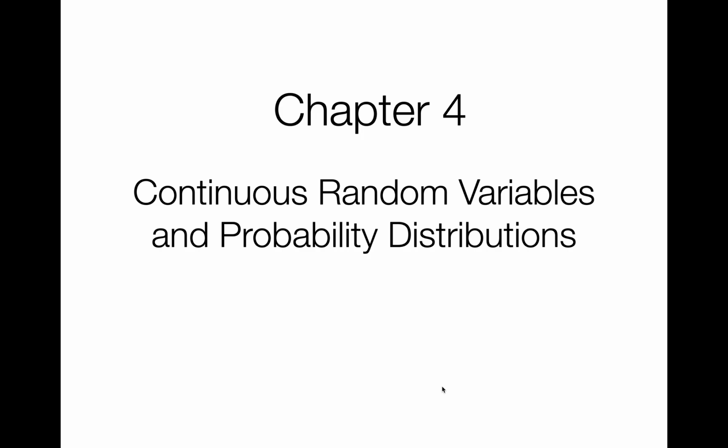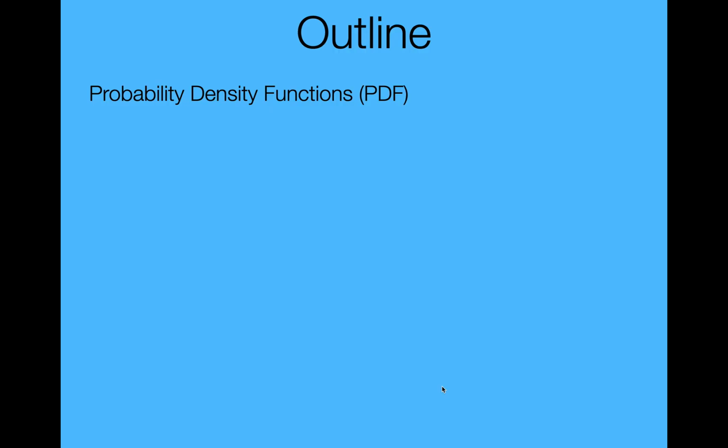Hi everyone. In this video we're going to talk about chapter 4, which begins our discussion on continuous random variables and probability distributions. Now what we'll go through, and we'll just get to the PDF part this time, is what is a PDF. We're going to move from PMFs to PDFs, and that's a big change. Then we'll talk about the CDF of a continuous random variable and moments like the expected value, and so on and so forth there.